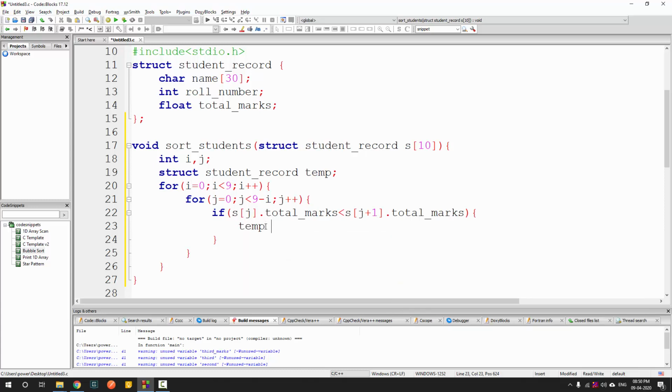I just have to do the swapping. First, store any one of them. Let's store s of j into temp. Then s of j will be equal to s of j plus 1, and then s of j plus 1 will be equal to temp. Okay, so basic swapping here. So first I stored s of j into temp, then s of j plus 1 is stored into s of j, and then temp is restored. Okay, so once this is done,